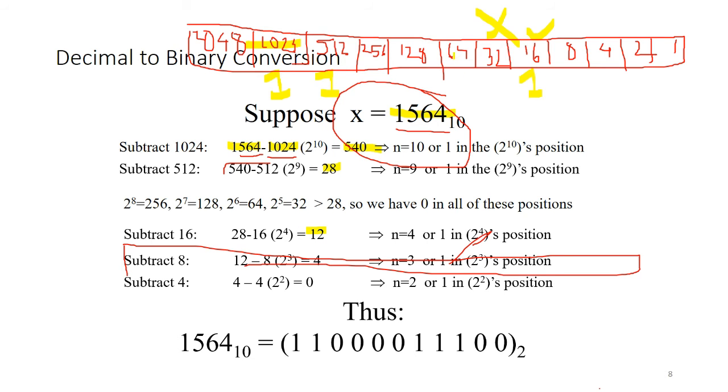Now this 12 is close to which value? We can pick this one, right? 8. Put a 1 underneath this one, okay? So 12 minus 8 gives us a value of 4. Now 4 is close to which value in the table? Not close, but exactly the same in this case, so that is also fine. So 4 is close to 4 in this table. Put a 1 underneath this one. Subtract 4 minus 4 gives us a value of 0.